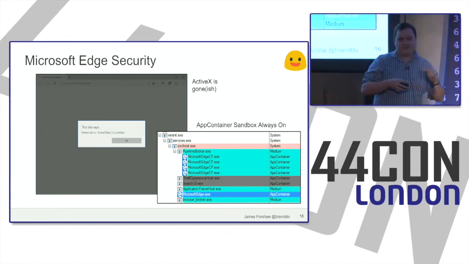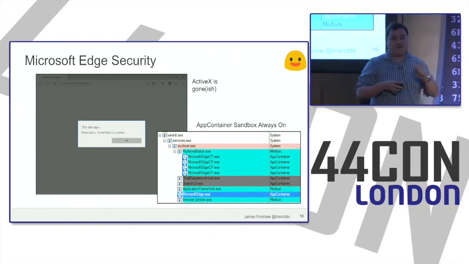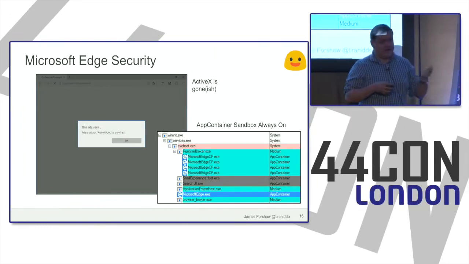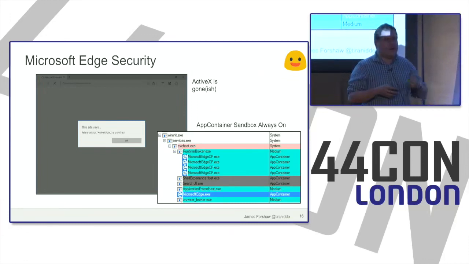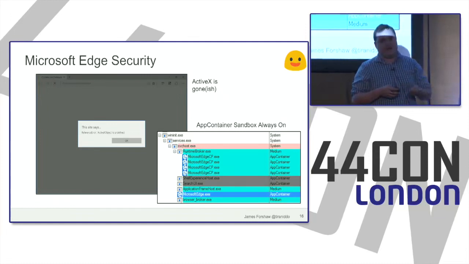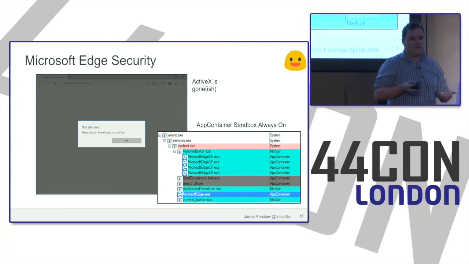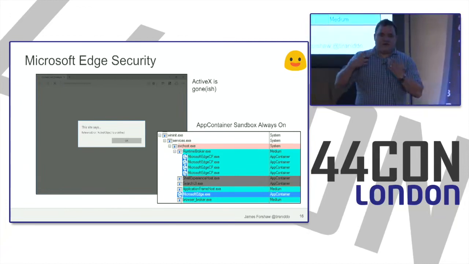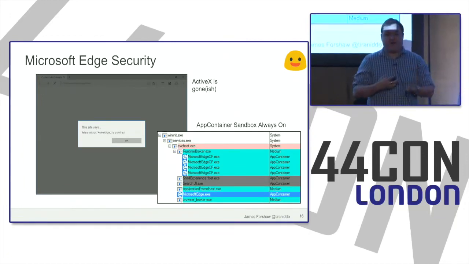But obviously, from my perspective, the app container sandbox is always on. IE11 or IE10 had enhanced protected mode on Windows 8 and above, but it was never enabled by default, except for a one-month window when 8.1 came out. And there were too many compatibility issues, so it was reset to protected mode. And protected mode is effectively worthless. It's not completely worthless, but it more or less may as well be. So it's great that Edge has this by default, and it's now a securable boundary, so that if you can find an escape out of app container, then that's something that Microsoft, in theory, will fix.